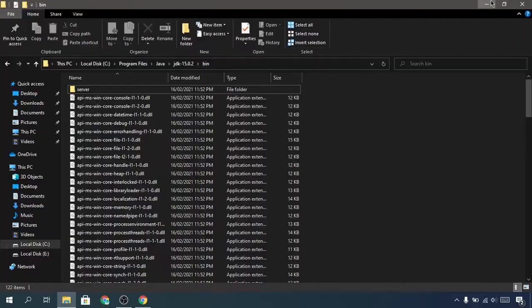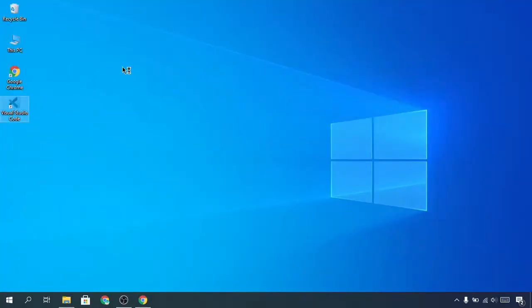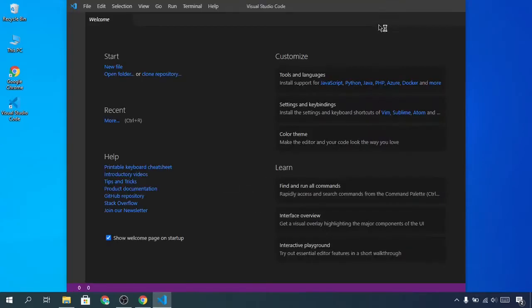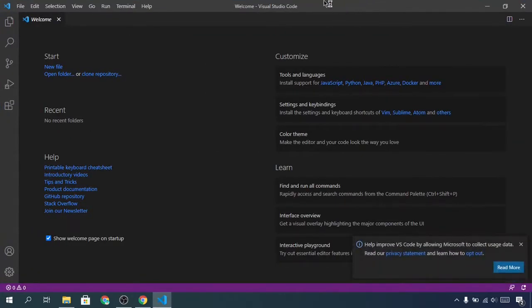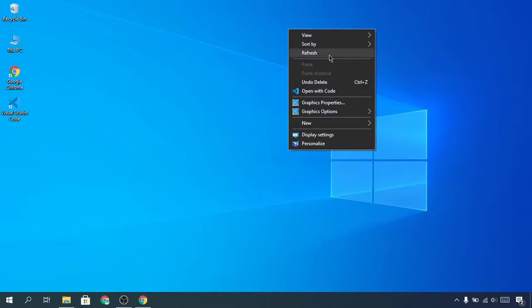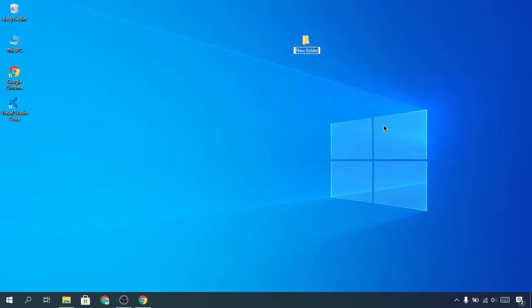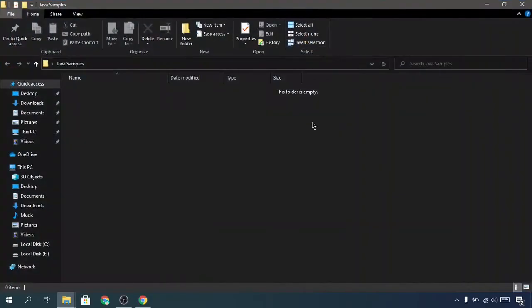Now I will open Visual Studio Code from here on my desktop. So you can open Visual Studio Code like this, and if you want to open a folder in Visual Studio Code, basically you have to create a folder. Suppose I create a folder. Let's create a folder. So I'll name it Java samples,